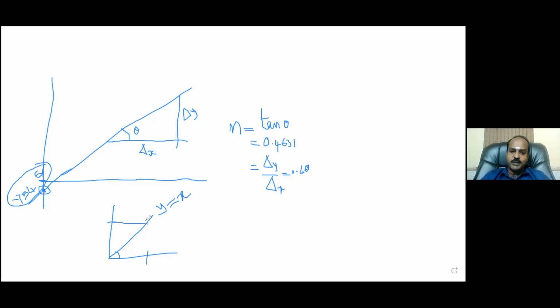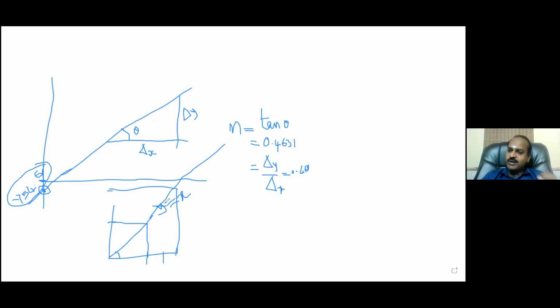What does it mean? When I increase x by 1 unit, y will also increase by 1 unit. Am I right? You come to this point. When I increase x by 2, y will also increase by 2. Now you will come to this point, isn't it? Your line will keep on going. When x is 1.5, y will also become 1.5, isn't it?